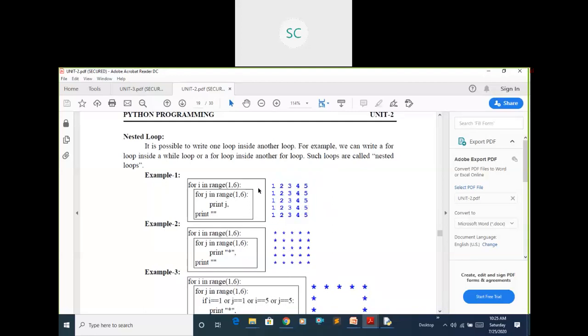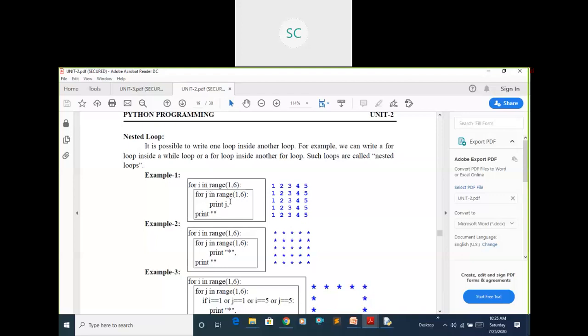If you observe here, I have taken, are you getting my point? Can anyone say how this for loop is working? You are getting, right? That's correct. I want to print this in this format in the output. How this will work, just observe. For the variable I in the range from 1 to 6, 6 means up to 5, it will stop at 5 only. See, within this for loop I have one more for loop. You can write one loop in another loop also. This concept you can say is nested loops.